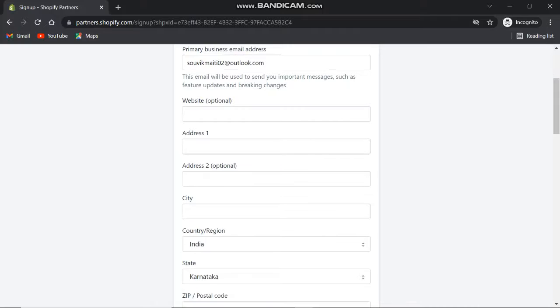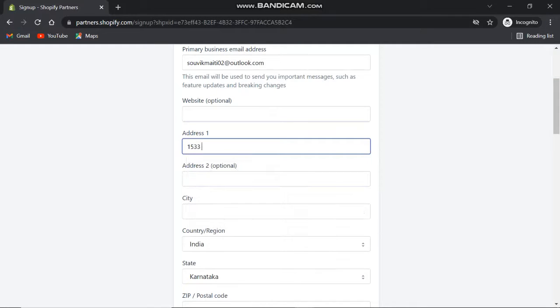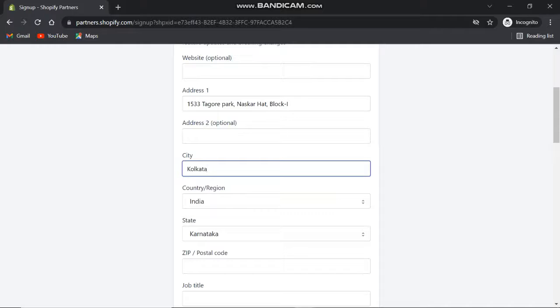You have to provide an address. So just provide the address. Okay, and suppose city, and then the country, region and state.